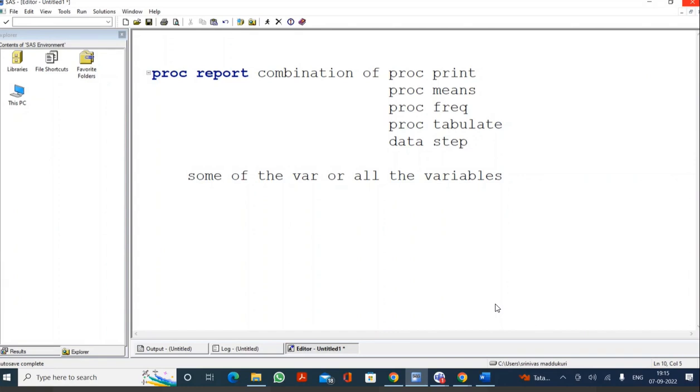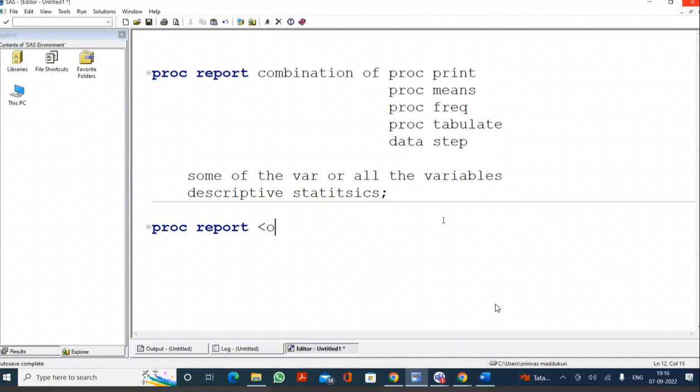And also I told you that by using proc report, we can generate descriptive statistics. In real time, whenever you do data analysis and finally want to submit that analysis in the form of a report, we always use only proc report. The general syntax is proc report, and then we write a few options, depending upon our requirement, and then